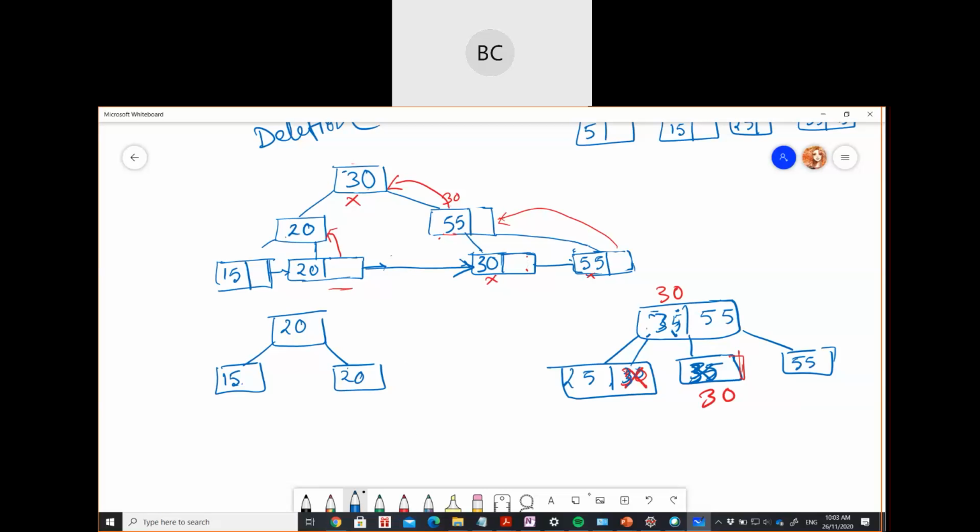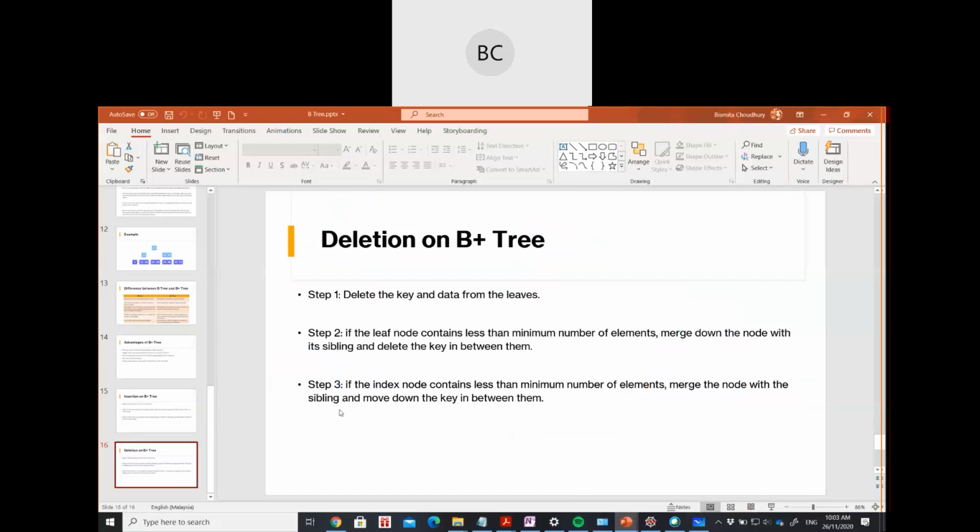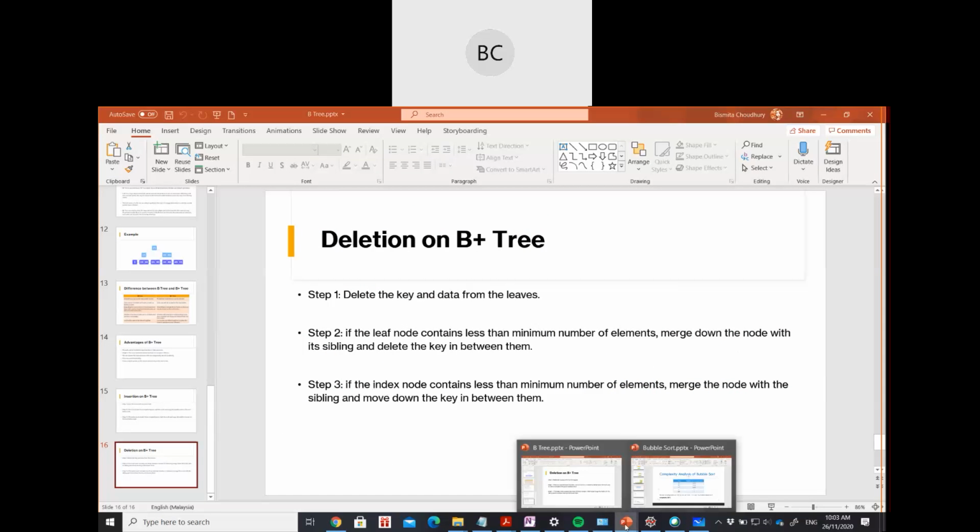Okay, for deletion also I have kept all those records here. So you can see,